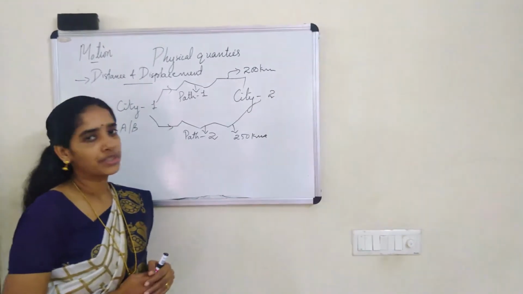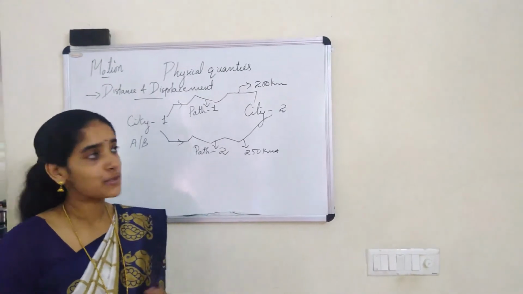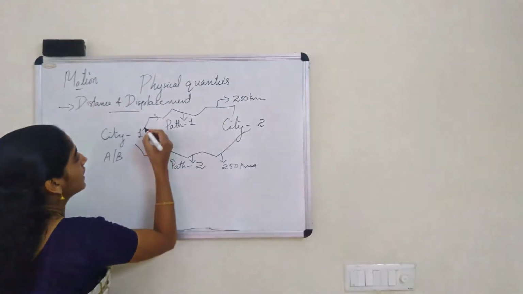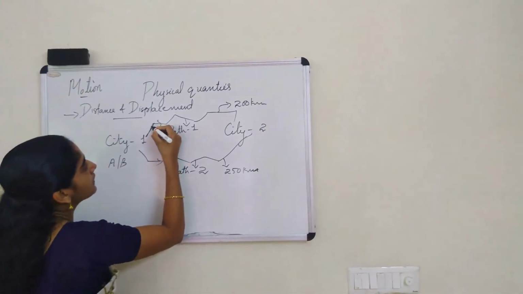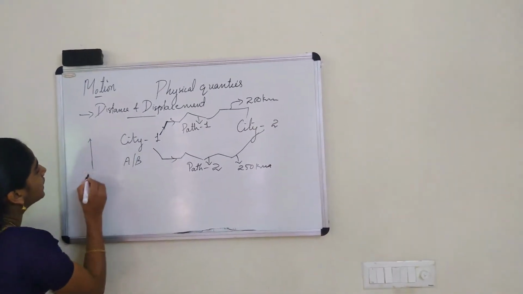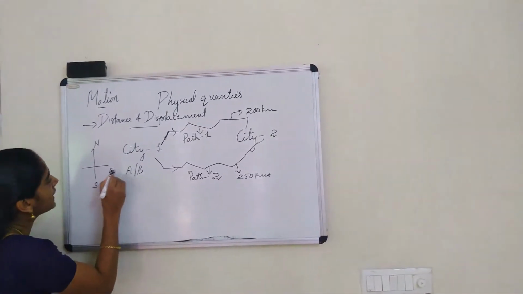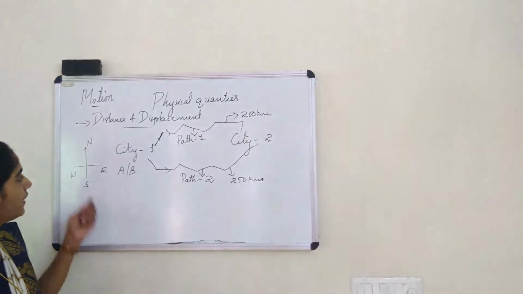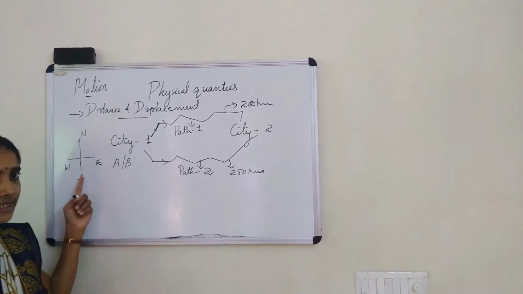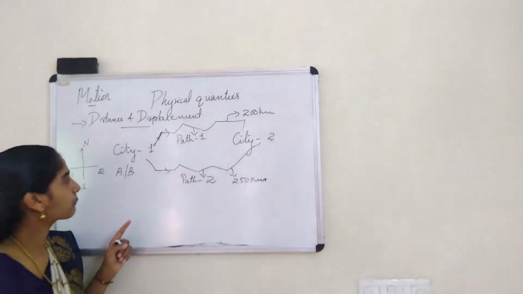Here we studied about how to find the distance traveled. Now let us see whether these two paths can help us to find the direction of motion of the object. Just let's have a look at this path. Here you see first the direction of this path. See, it is like this. So we know in geography, we already studied about the directions, like this way we represent north, this is south, then here comes the east, and here comes the west. So this is called horizontal line and this is vertical line, okay, horizontal and vertical. So horizontally we represent east to west, and vertically we represent north south.